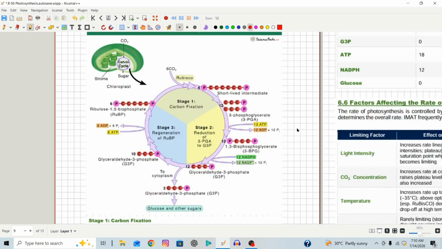So it actually contains 3 stages. The first is carbon fixation, the next is reduction, and then regeneration of ribulose bisphosphate. The names might seem really hard at first, but after you have practiced it again and again, you will slowly memorize these names. So first of all, the first thing that will happen is that the carbon dioxide